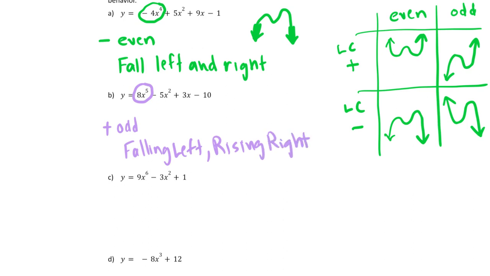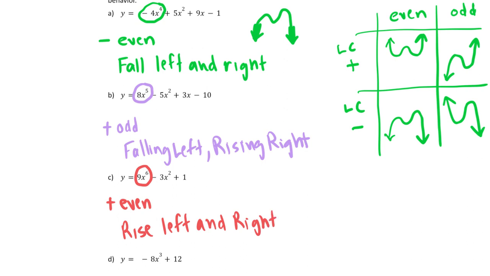Okay, which if you think about what a general polynomial does, that should make sense. Okay, the next one, we have this. This is a positive and even exponent. So we are going to rise left and right. Okay, so that's a graph that's rising left and right. There we go. And then our last one here,